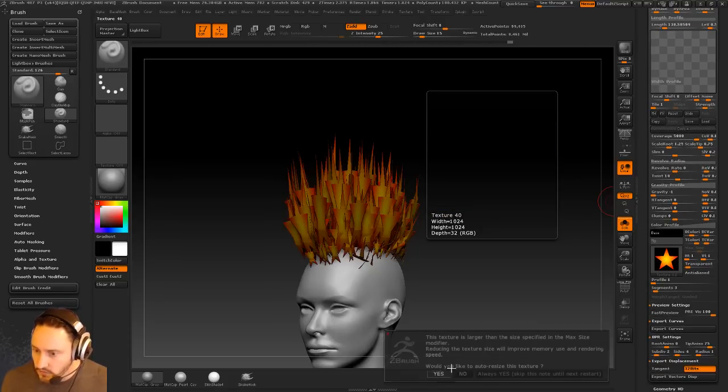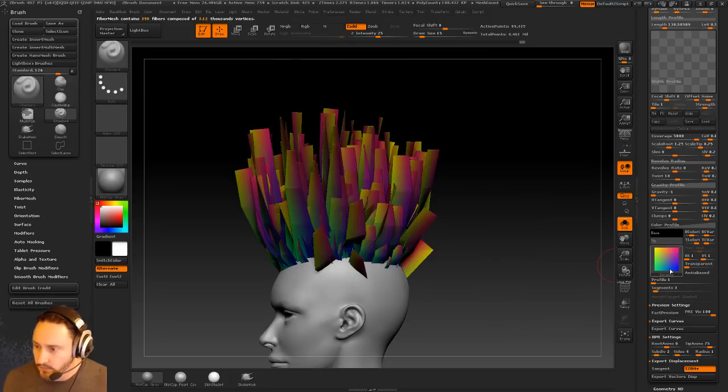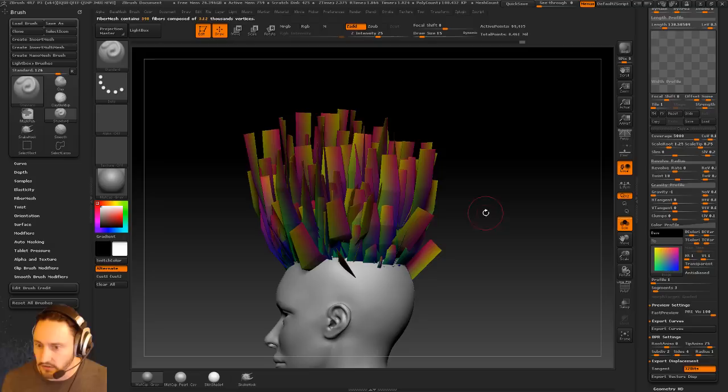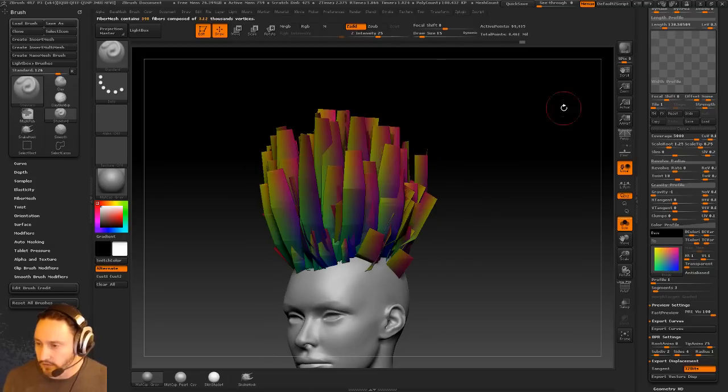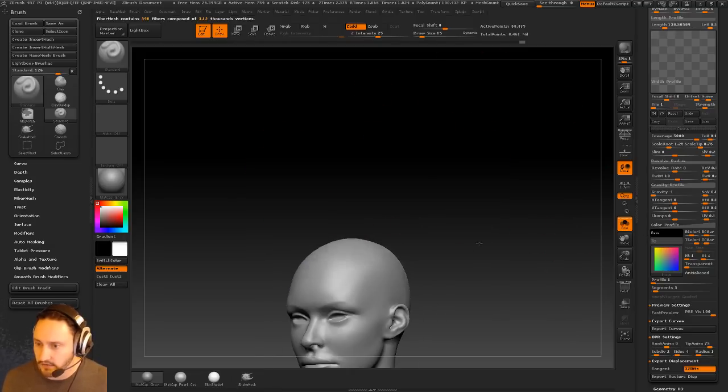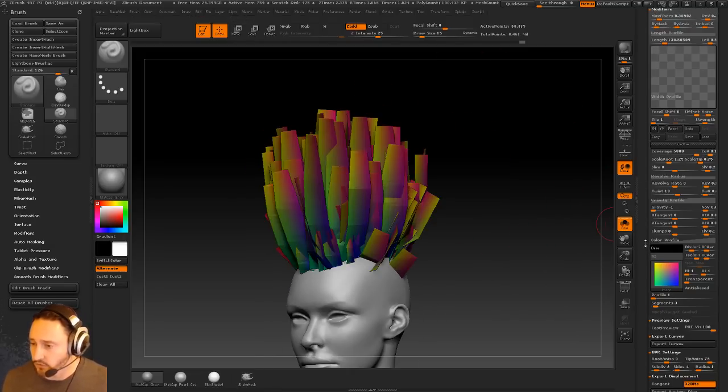we'll do rainbow here. If you look at this rainbow, it goes from blue on the bottom to pink on the top, and you see it goes from blue to pink. So it is going from root to tip on every single one of these strands, which is good, which is what you want. So if you were to replace this with a hair texture that was from root to tip,